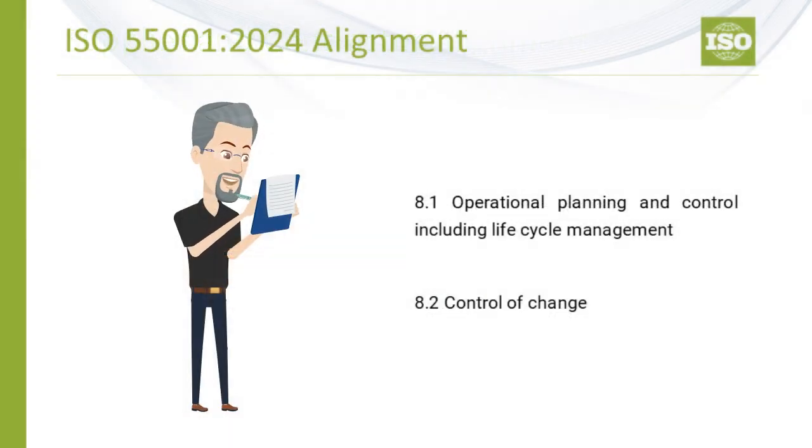From an ISO 55001 perspective, the key alignment areas are Section 8.1, operational planning and control, including life cycle management. When we were going through the international standard, we made a point of drawing out the life cycle management. It seemed to be implied or absent, and that really is the key when you're thinking about acquisition, to not just look at the initial purchase, but look at the whole of life. And Section 8.2, control of change. If you're introducing a new asset, a like-for-like asset, or you're having to replace an asset with something that's modified to what you had before, the control of change is super important, as is configuration management.